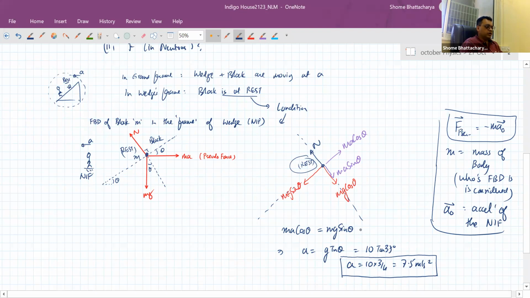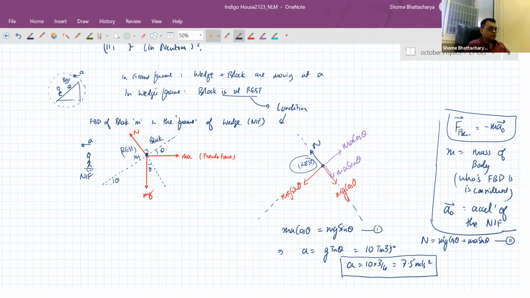These three things. Okay. Now one more equation which you can get from here, which is not necessary, but which is also coming from this FBD, is that normal reaction is equal to the sum of mg cos theta plus ma sin theta. This is like a second equation, but we are not going to use this equation, so I have not written it initially. So my job was to initially just find the acceleration a. Okay. Now the next part, I want to find the force I'm applying on the wedge so that I get this acceleration, so that the block does not slip with respect to the wedge.